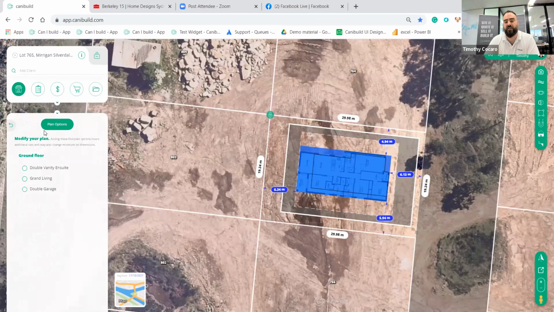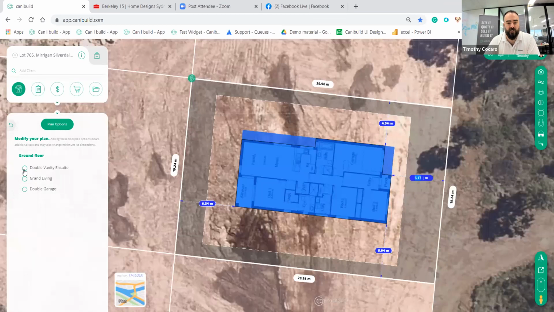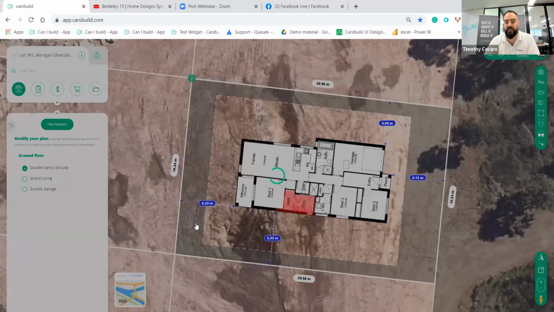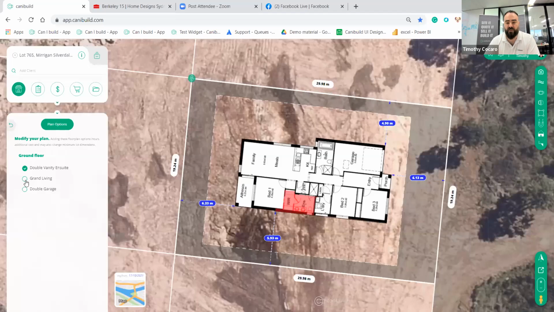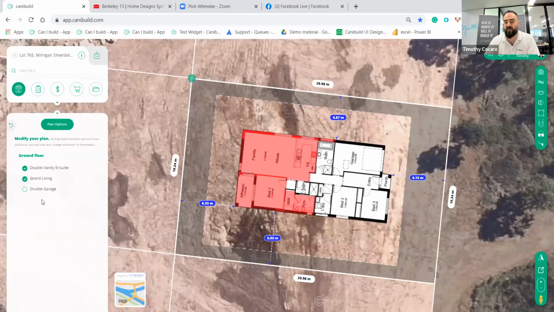And on the left-hand side, you'll now see plan option changes. So if we do click on the double vanity ensuite, you can see that there. If we click on the Grand Living, you can see that there. And if we click on the double garage,